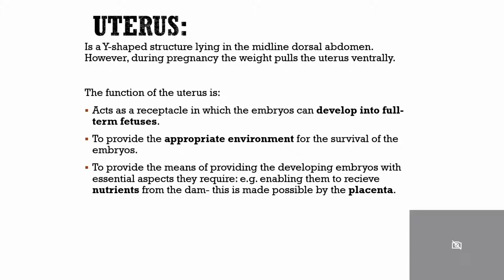The uterus is a Y-shaped structure lying in the midline dorsal abdomen. However, during pregnancy, the weight of the pregnancy would pull the uterus ventrally. The function of the uterus is to act as a receptacle in which embryos can develop into fully developed and full-term fetuses, to provide the appropriate environment for the survival of the embryos, and to provide the means of providing the developing embryos with essential aspects they require, such as enabling them to receive nutrients from the dam. And this is made possible by the